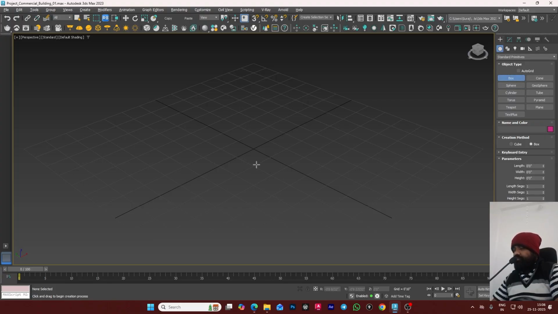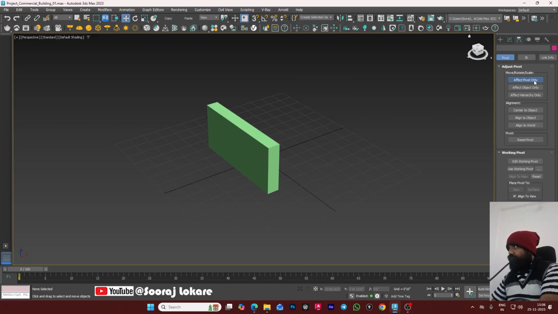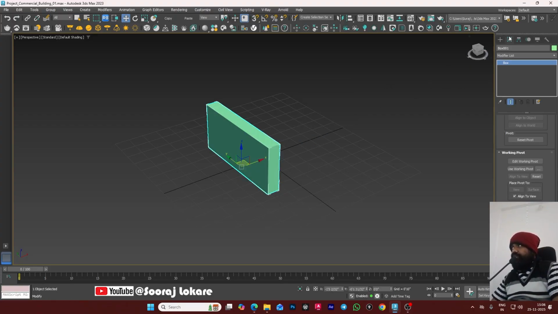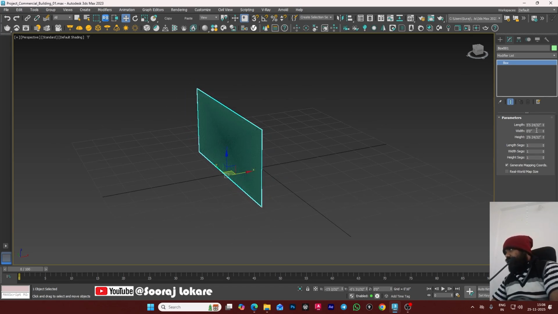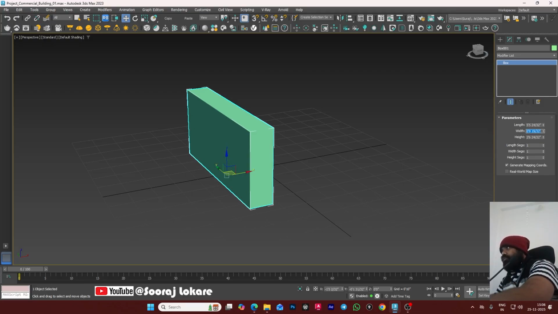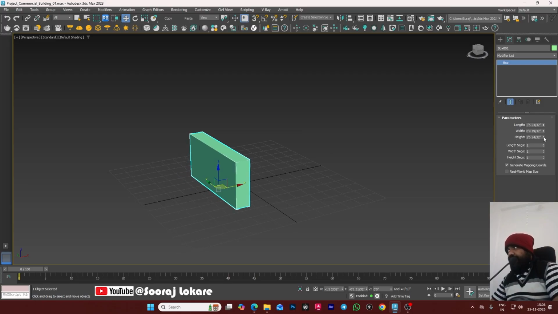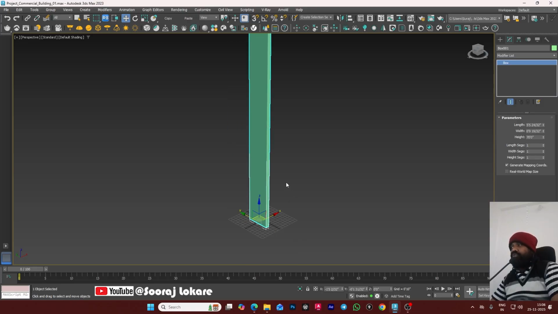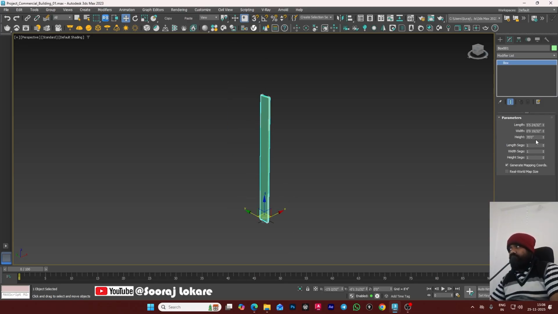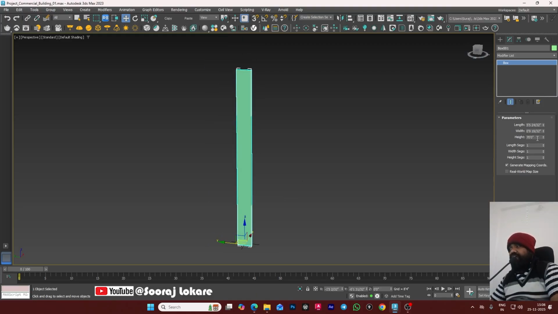So here I would like to try with this box, and I just disable this pivot point. I don't need it right now. First I will decide a width by checking this option here, and I would like to take it as 1 for now. At least it should be 0.8 or 0.9. Okay, it is fine. The second thing I'm going to do is add a height here, and the height should be at least 70 feet, because the building I am visualizing should be at least a 7th floor. So I just took 70 feet here, and the length should be at least 25 to 30%